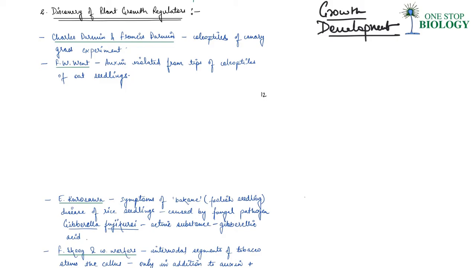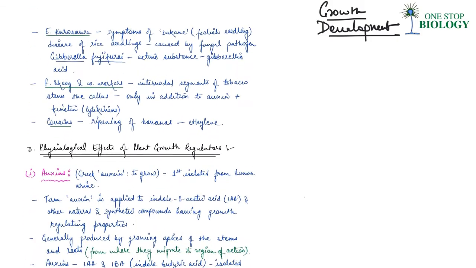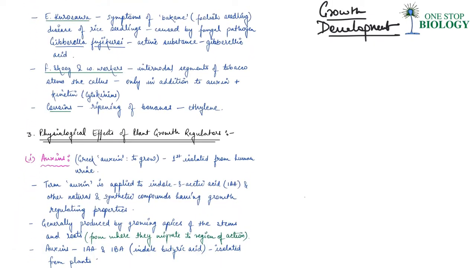So it was concluded that the tip of the coleoptile was the site of a transmittable influence that caused bending of the entire coleoptile, right? Later, auxin was isolated by F.W. Went. F.W. Went isolated auxin from the tip of coleoptiles of oat seedlings, right? And after that, a different scientist, Kurosawa, saw a disease